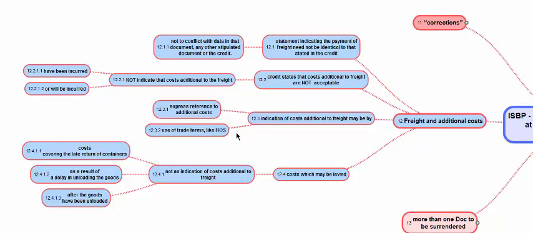which means the cost incurred in moving the ship into the terminal for berthing, and then moving the ship out into the sea. Those costs are covered or not covered, and if not covered, who will pay? These are the costs additional to freight, while the other costs are not considered as an indication of cost additional to freight.